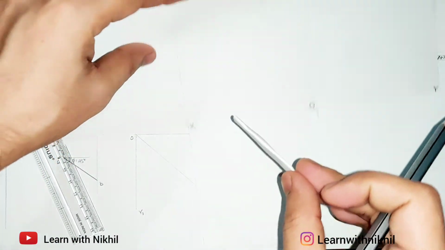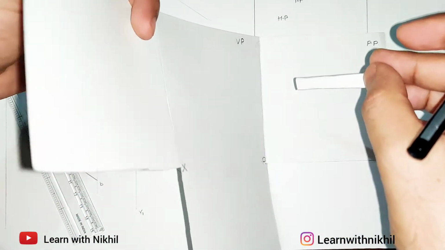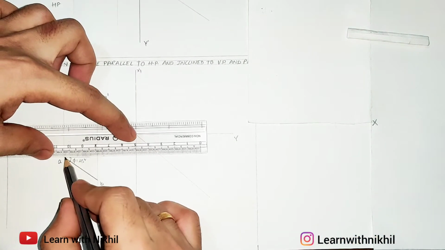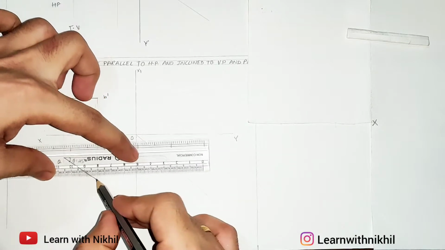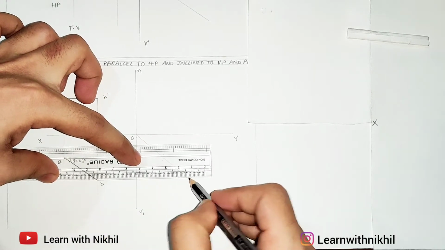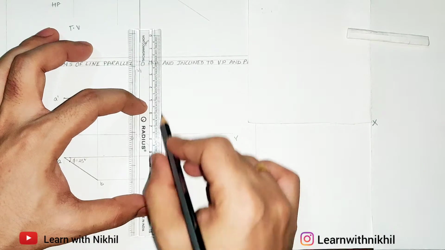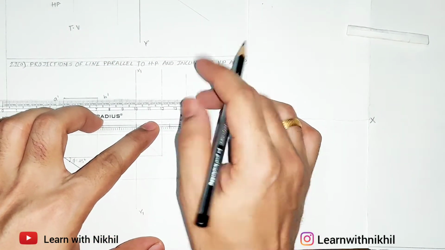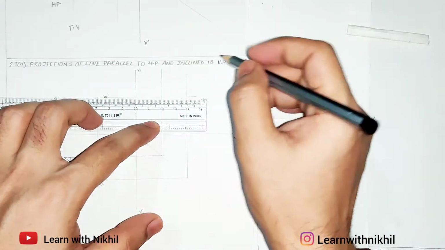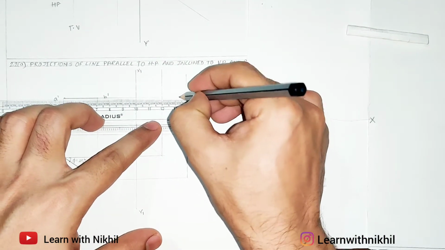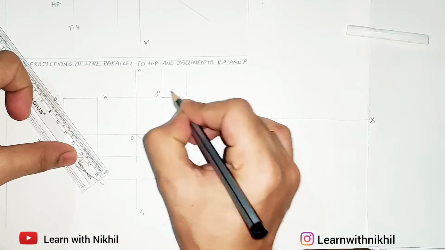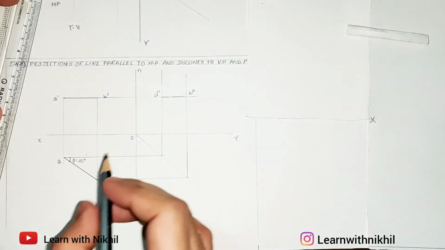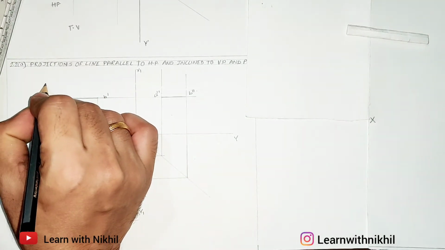So in the side view, it is inclined to the side view, so again it will look like this, and its width will not be the exact width of the line as it is inclined. So this will be the projection. So it will be less than the actual width of the line. Actual width of the line will be the slant distance which is in the top view. I will mark this as A double dash B double dash.